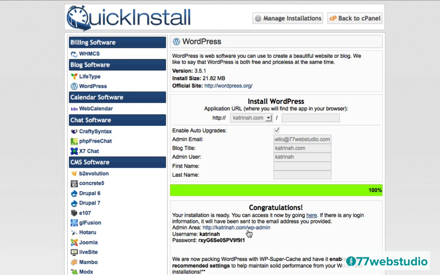So that's an important link to remember as well, so that going forward you can easily log into your WordPress website. Also make a note of your username and password. This is what you will also need, of course, to log into your website when you click on this link. So I'm just going to highlight this temporary password here and copy it. And then I'm going to click on this link here to log into my new WordPress website.